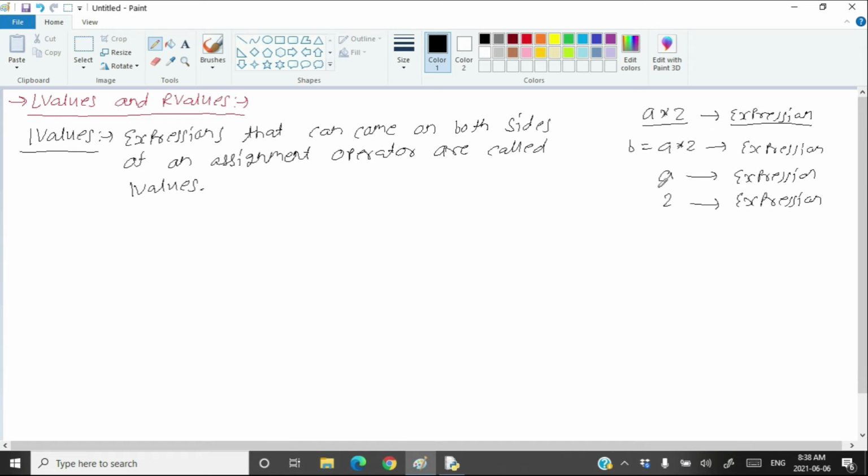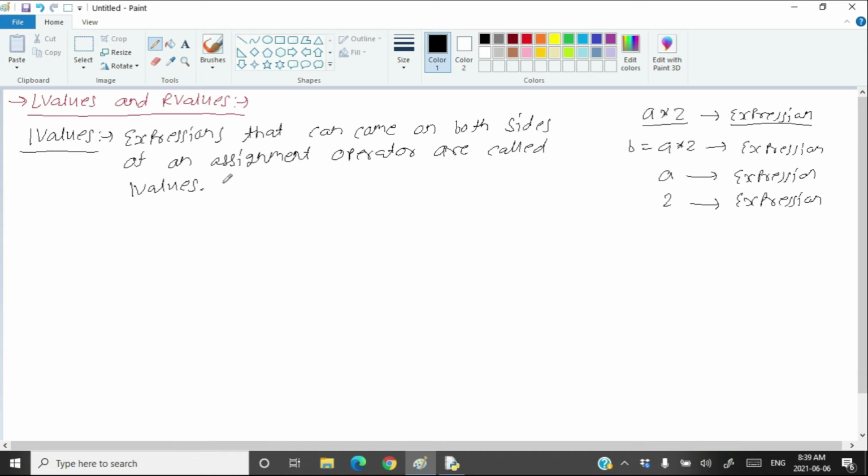As you can see here, writing just a variable name is also an expression. Writing just a constant is also an expression. These two expressions cannot be evaluated. However, the expression a multiplied by 2 can be evaluated. Getting it? So the only expressions which cannot be evaluated are writing just a variable name or just a constant. We will learn more about expressions in the coming videos of this series.